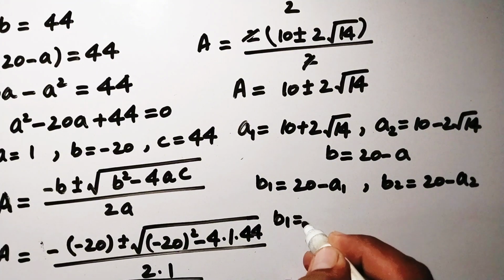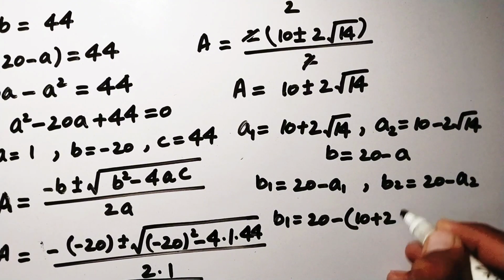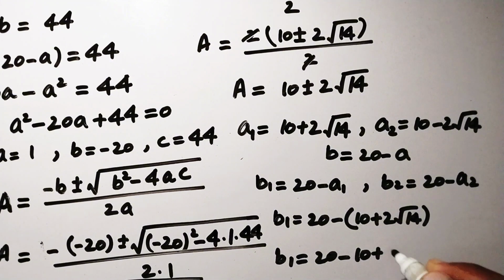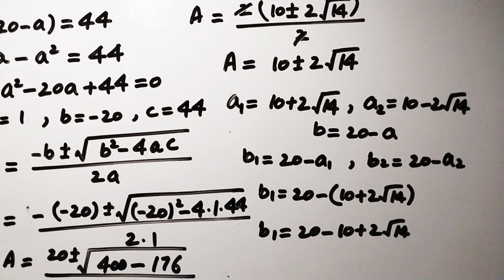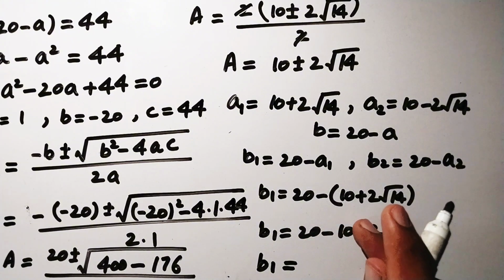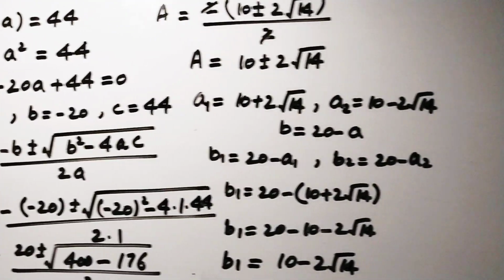So here b1 is equal to 20 minus (10 plus 2 times root of 14), so that now b1 will be equal to 20 minus 10, sorry, here will be minus times plus is minus, so that 20 minus 10 is 10 minus 2 times root of 14, while